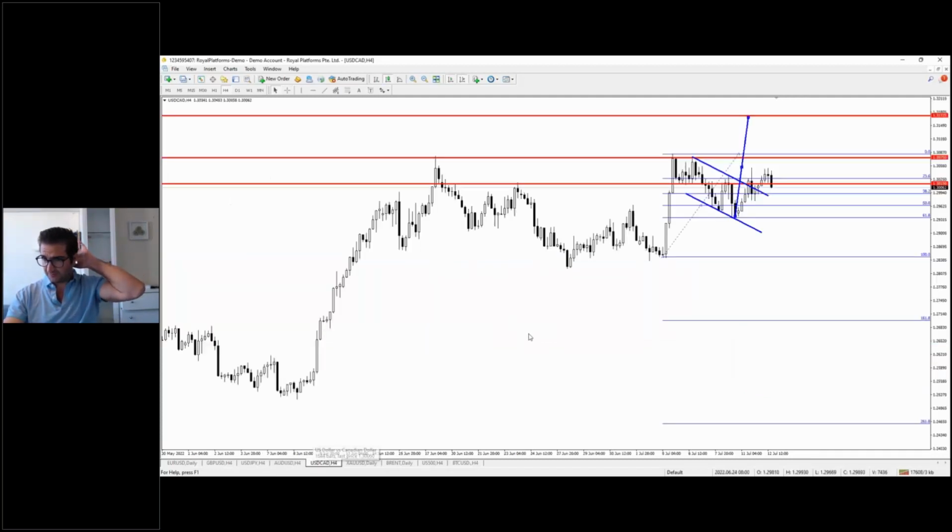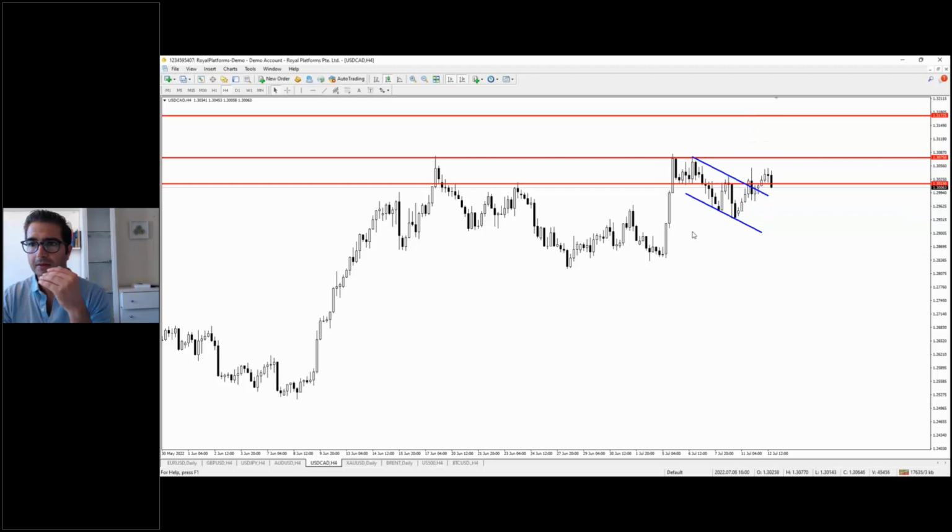USD CAD. USD CAD, let me remove some indicators so we make this thing clearer. USD CAD posted a huge move to the upside here and then entered into this bullish flag. This is a bullish flag, and then we have a breakout and a close above the 1.30, which is here. The market, what I see is most probably is a move again until the 1.3075,